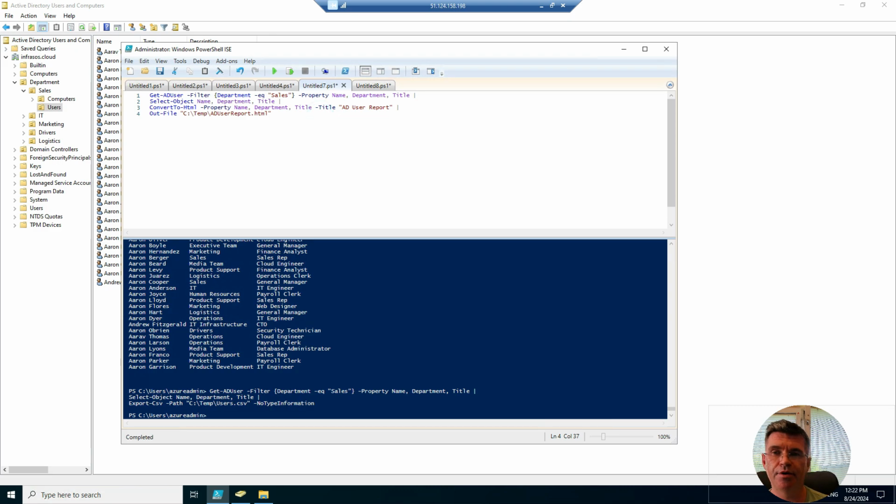Let's say now you want to create a HTML report and create your own dashboard. So now we use the command, instead of Export-CSV, we now use ConvertTo-HTML, select the properties, give it a title, and then we do Out-File and the local location and the file name .html. And if we run that